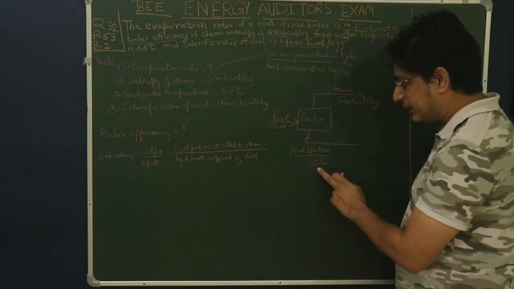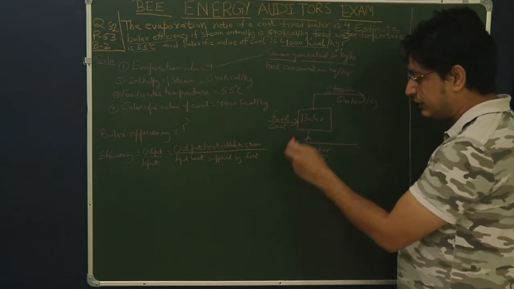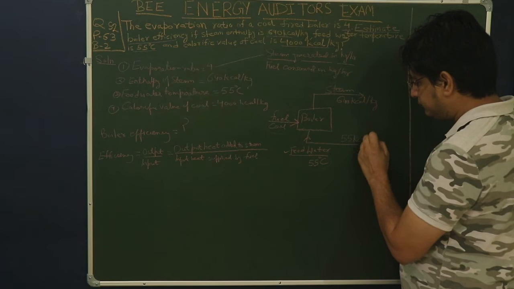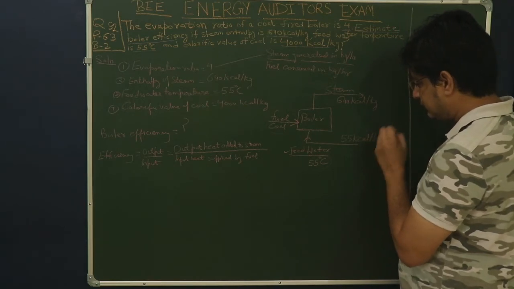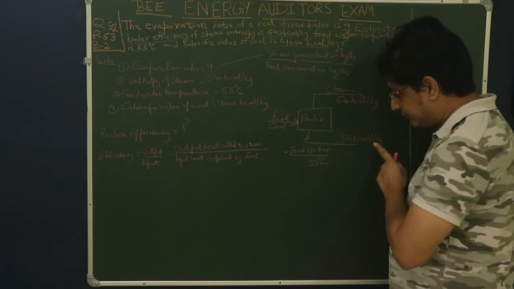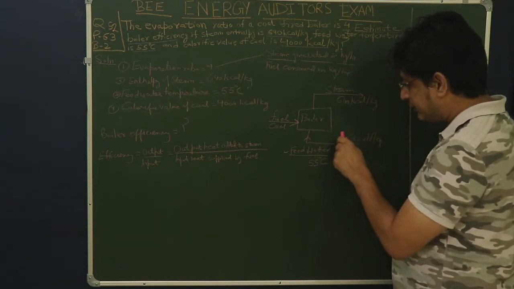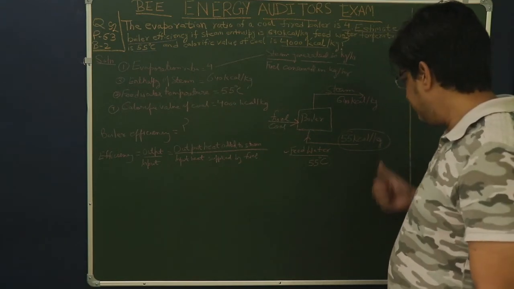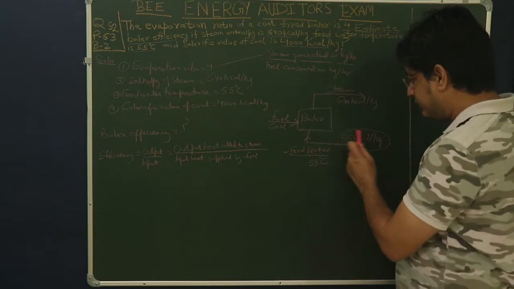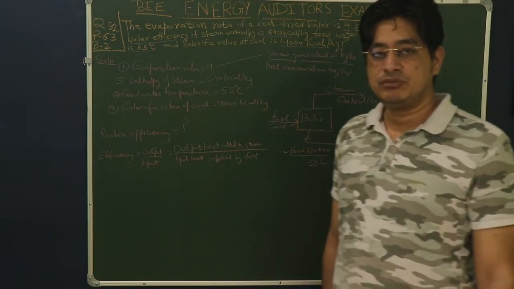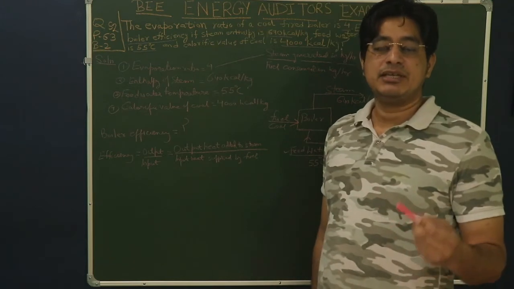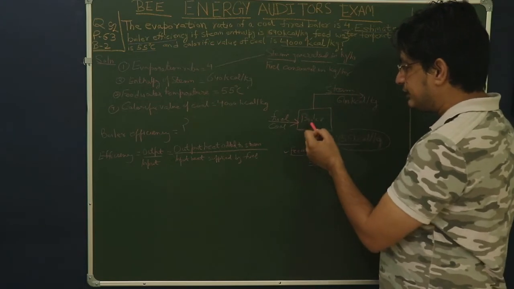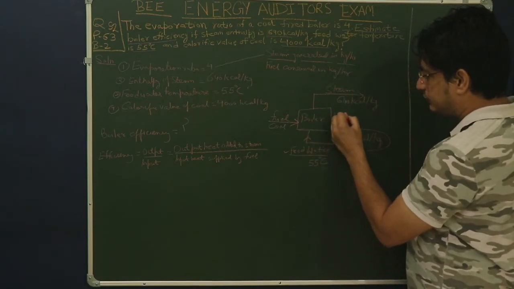Accordingly the enthalpy or the heat content available in this feed water will be 55 kcal per kg. So as the feed water is entering the boiler, it is already having 55 kilocalorie per kg of heat energy. That means in 1 kg of feed water you are already having 55 kilocalorie of heat energy. So we will now calculate how much heat energy is being transferred to this feed water for formation of steam inside the boiler. So your net heat added